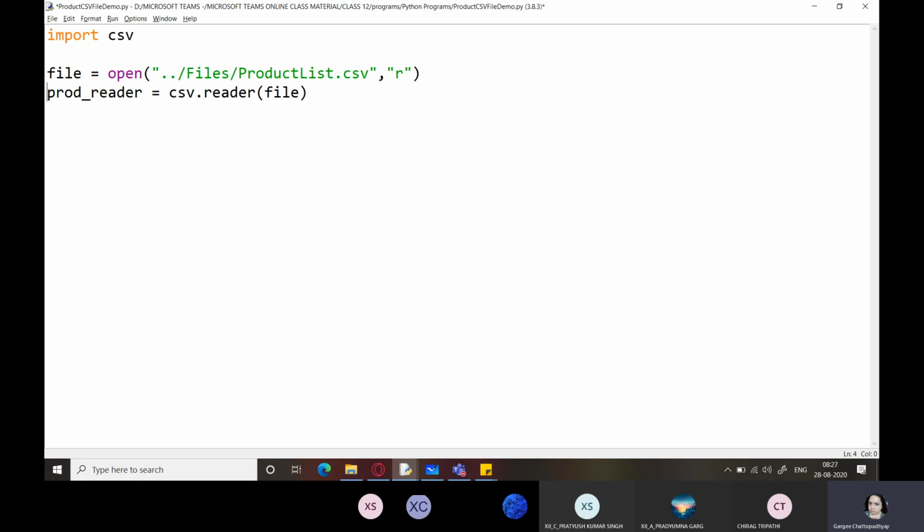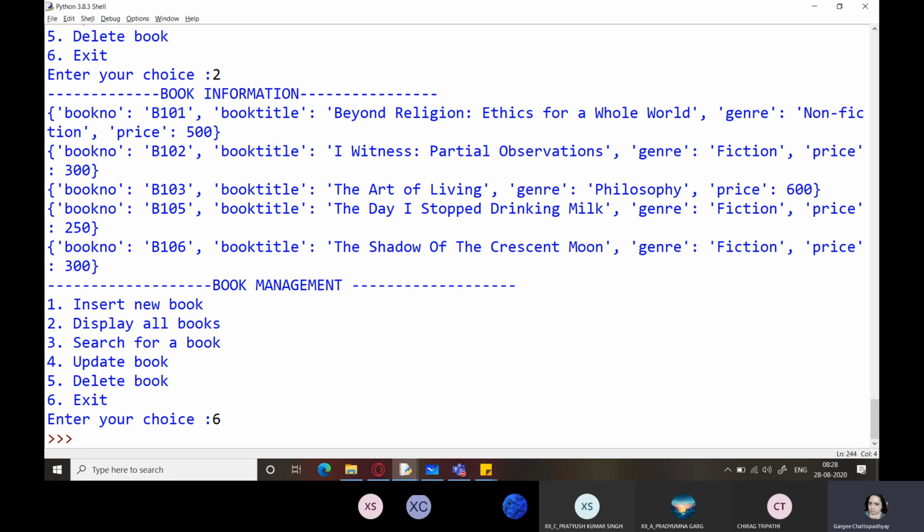So the moment this statement is executed, not only is a reader object created, but all the content of the CSV file is also used to populate the reader object. Now, what you need to do is just read the records from the file. For record in product reader, print record. And finally, file dot close. Let's do this and see.